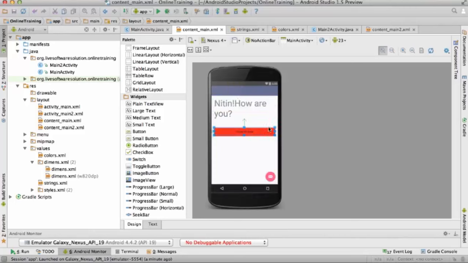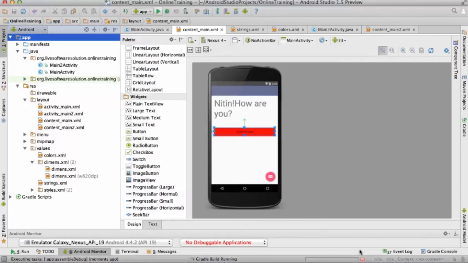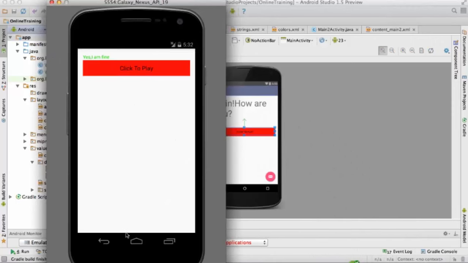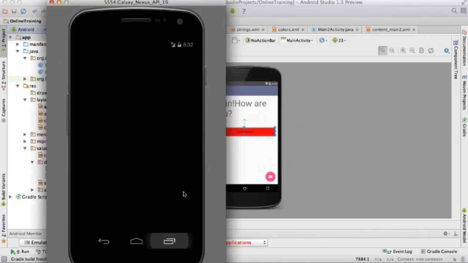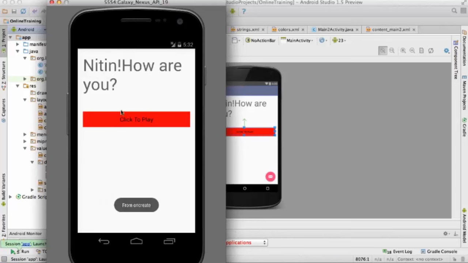There are certain predefined methods, and here I am writing the text. You are getting my point now? Got it?